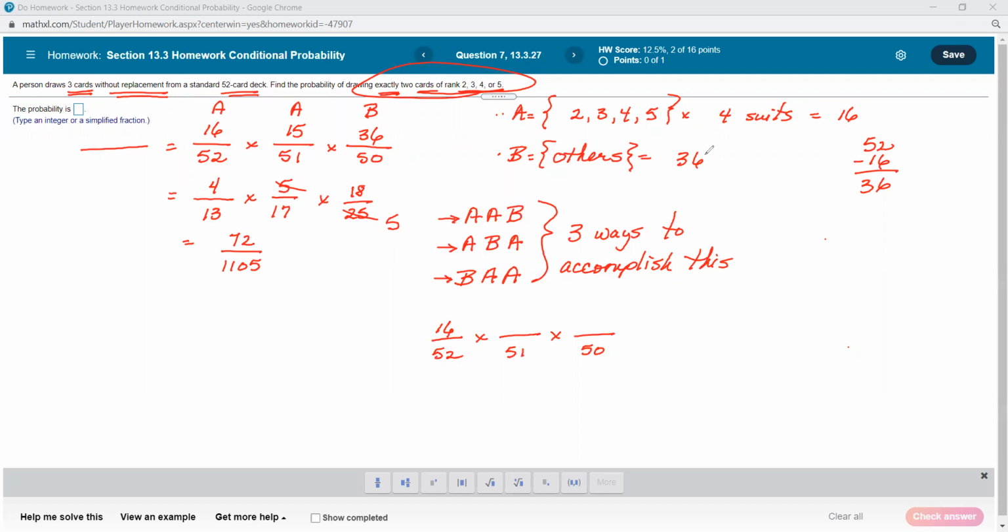A B is going to be 36 cards to choose from. And then a second A, because we're not putting them back, drops down to a 15. So the numerator is still going to be 15, 36, and 16, same as before. So this is also 72 out of 1105. And the BAA